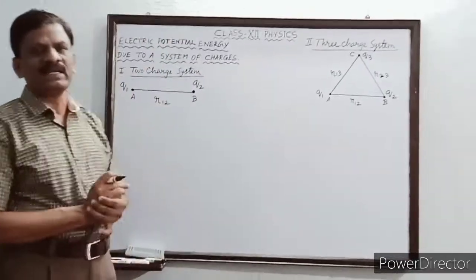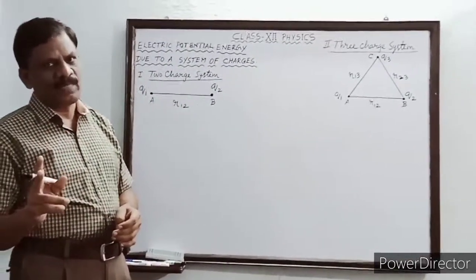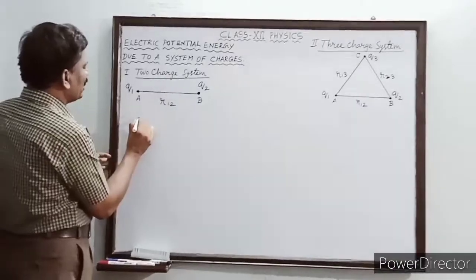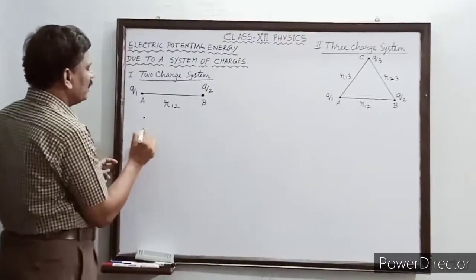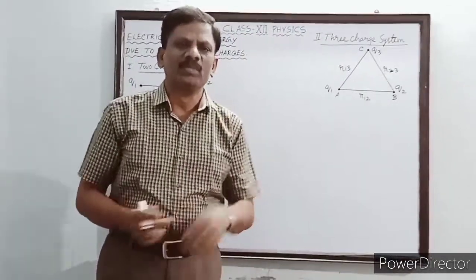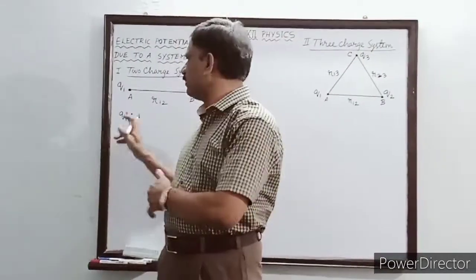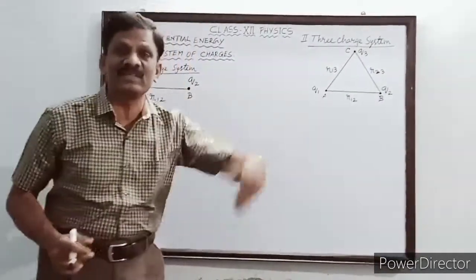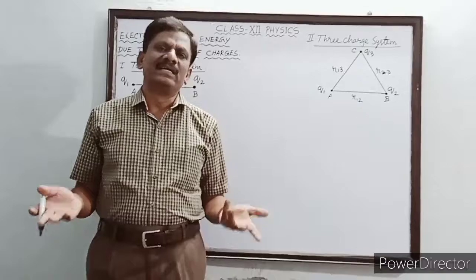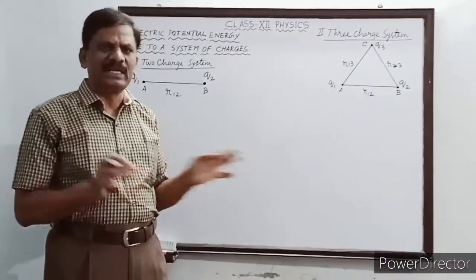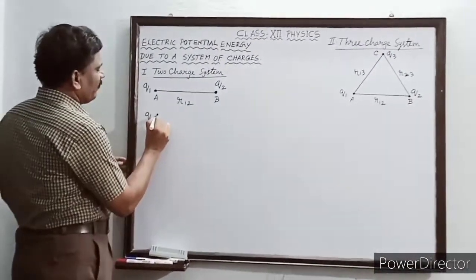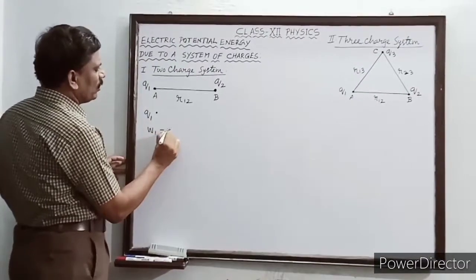So for this I am going to consider two steps. First from infinity I will bring the charge Q1. I will place the charge Q1 and it is brought from infinity. For this no work is done. To bring the charge Q1 from infinity and placing at the point A, no work is required because no other charge is going to disturb Q1. Already there is no charge present in the system. Only Q1 is brought from infinity and placed at A. For this the work done is equal to what? 0. And therefore the work done W1 is equal to 0.